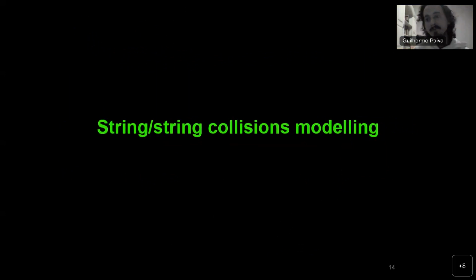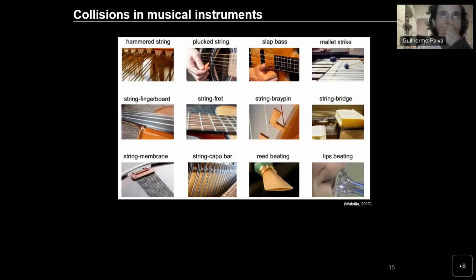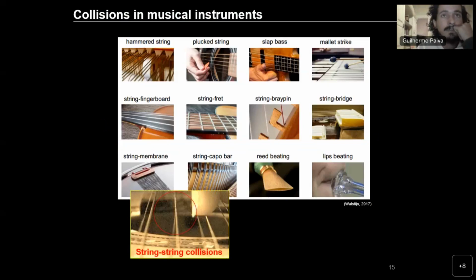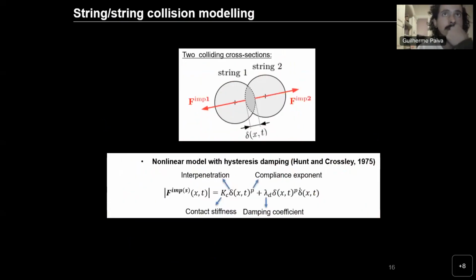So as we identified collisions between strings, we should be able to include this phenomenon in our model, okay? So we know that collisions are everywhere in musical instruments, in all the types of instruments, including the viola caipira, okay? So to include these string collisions, we need to consider this